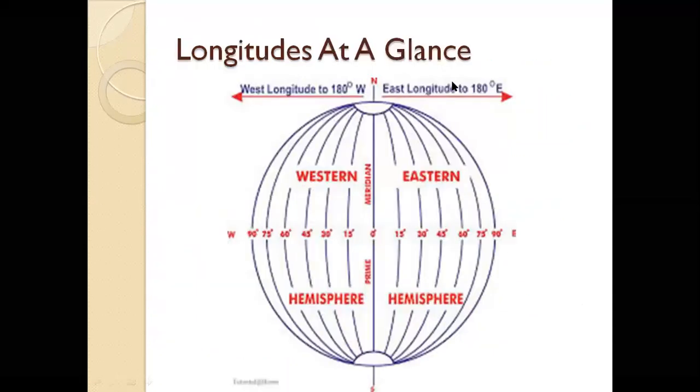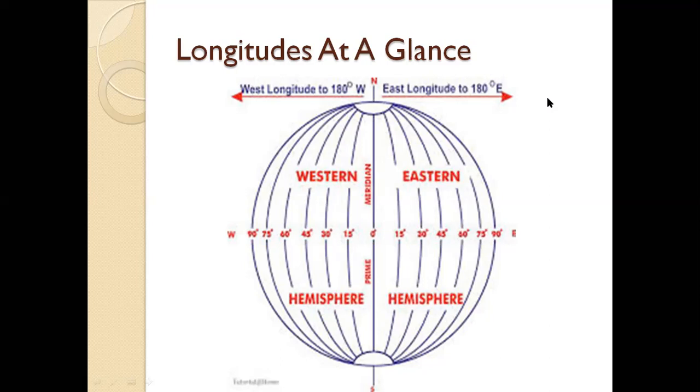Fine. So it's all about the important facts of longitude. Next is the diagram of longitude. See, there is a line in between that we call the prime meridian, and it divides our globe into two equal halves, that is the eastern hemisphere and the western hemisphere. If you see the distance between every longitude, it decreases at the pole. Hence, we can say that they all meet at the pole. The degree of the prime meridian is always 0 degrees. Fine. So this is the diagram of longitudes at a glance.